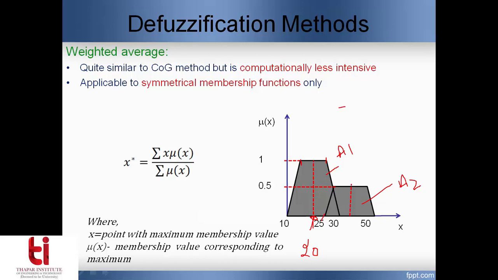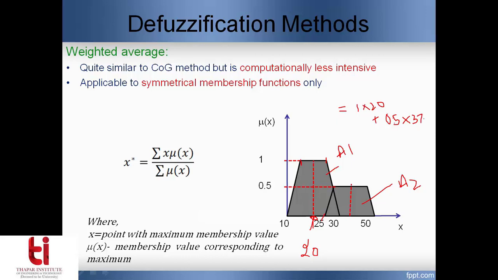So what I will get is the membership value corresponding to this, which is 20. So this is mu x, this is x. Then I consider the next set. Here the membership value is 0.5, and what is the centroid of this area? Let's say it is extending from 25 to 50. So between 25 and 50, what I have is 12.5, so it is 37.5. So this is the centroid of area